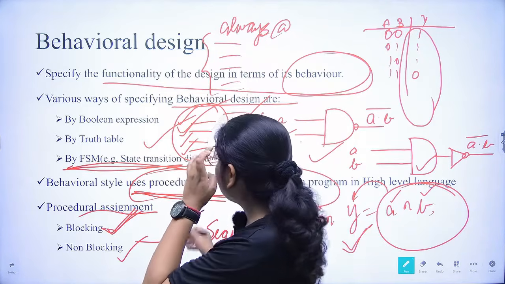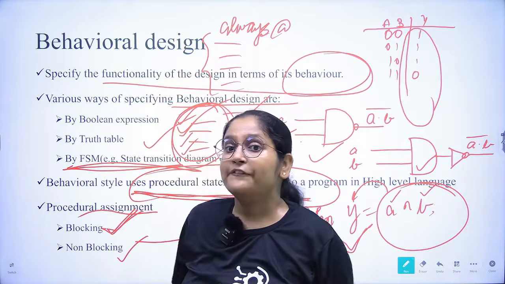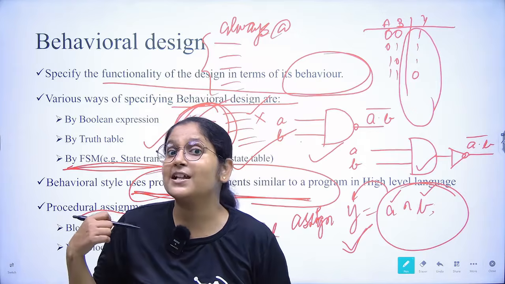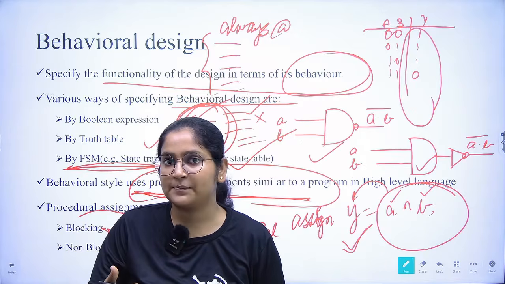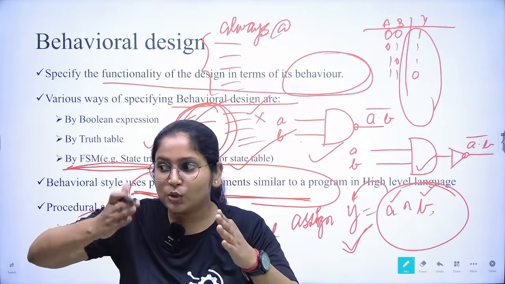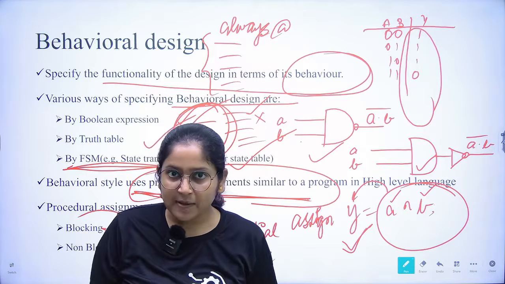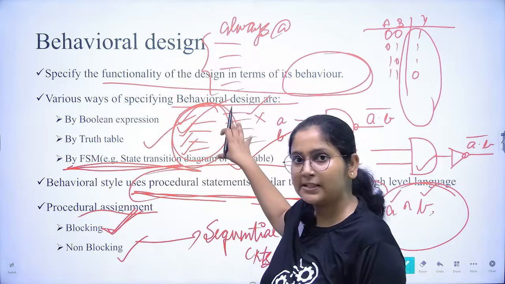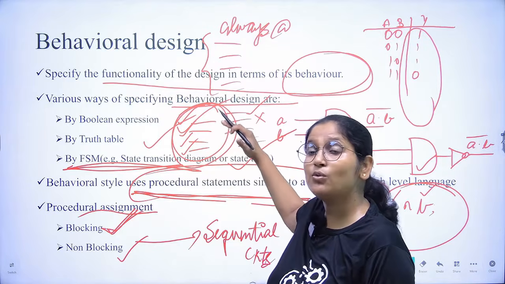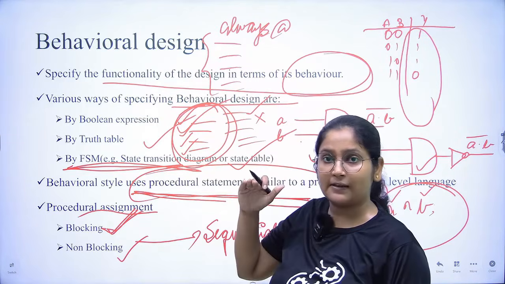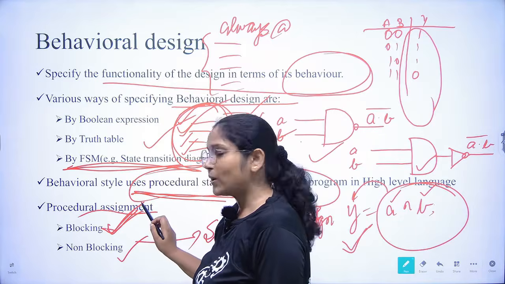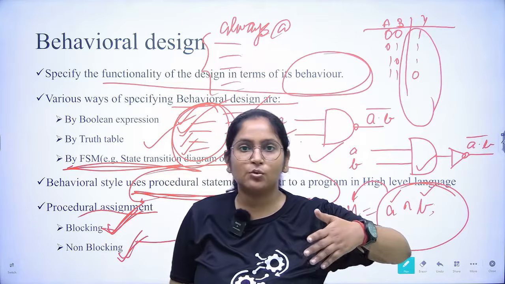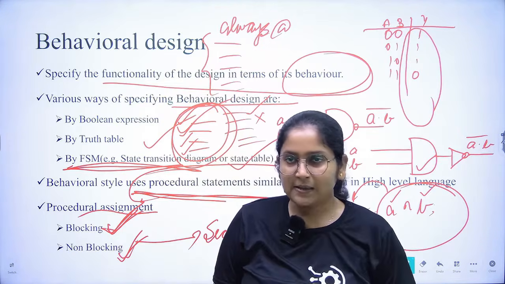I'll give this example when I explain shift registers, how non-blocking helps us and what the advantages are. There you will be able to tell the two apart. For now, understand it this way: if we have multiple statements and have to execute them one by one in sequential manner, we use blocking statements, and non-blocking means we can execute all the statements concurrently. Okay, fine.